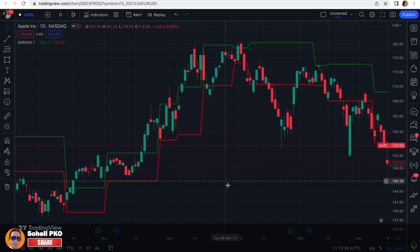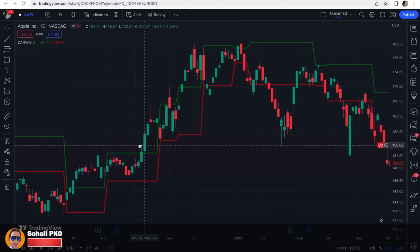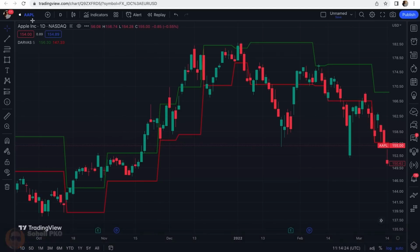Now let me explain Nicolas Darvas' trading system and how he traded based on this indicator. He traded on the stock market. So here I have an Apple chart to be able to explain in the exact context, but there is no limitation on this, and the same concept can be applied to any other asset or market, and you can use the Darvas Box indicator